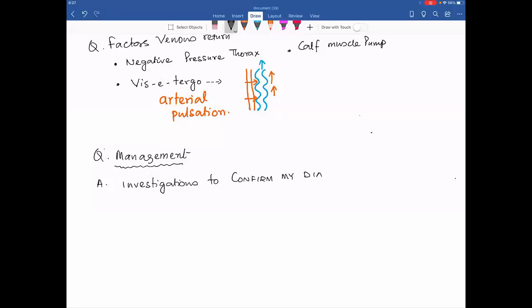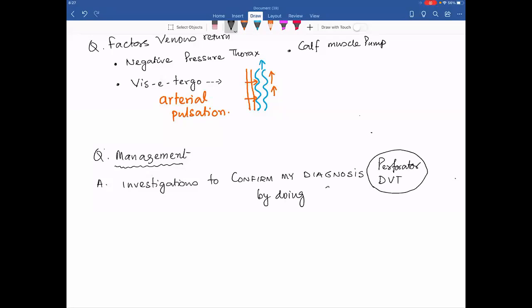Can you read my handwriting? Yes, sir. To confirm my diagnosis of what? Of perforator incompetence, and of deep vein thrombosis, its presence or absence,